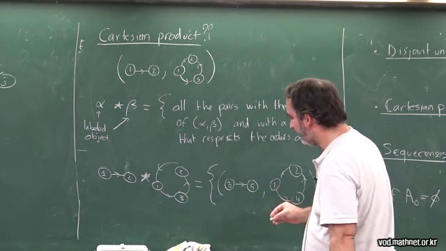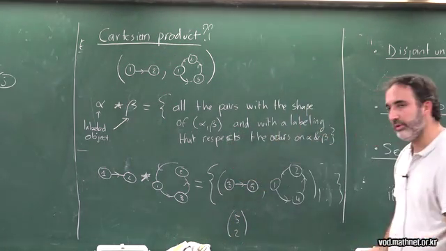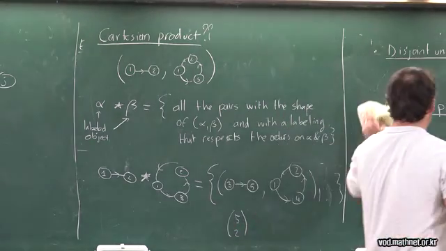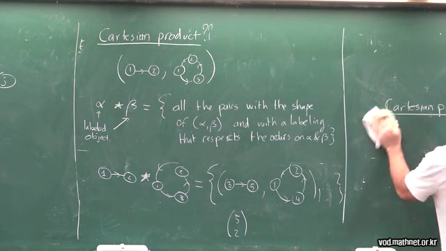So I just have to choose 2 elements in the 5 possible labels, and so what we get is